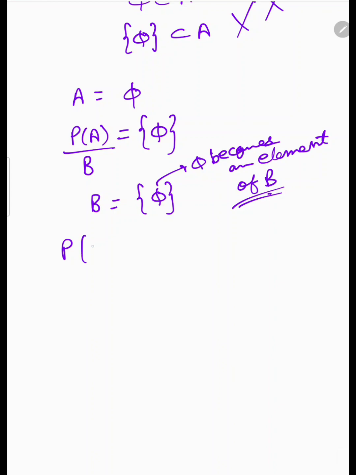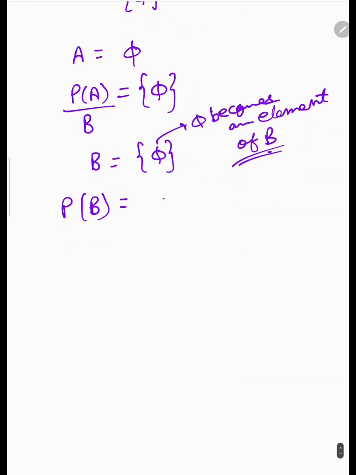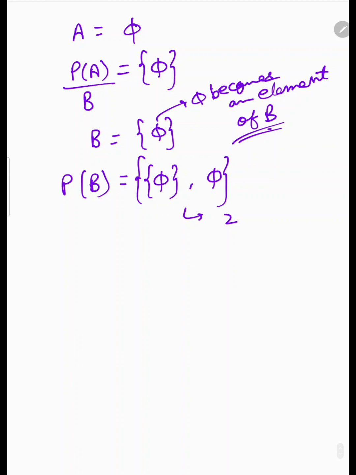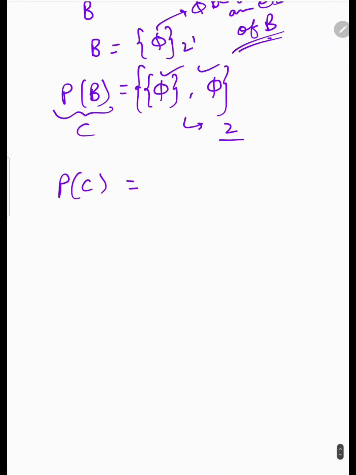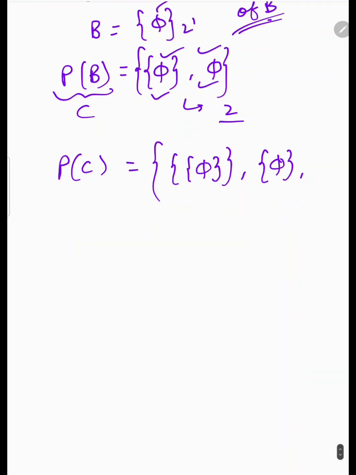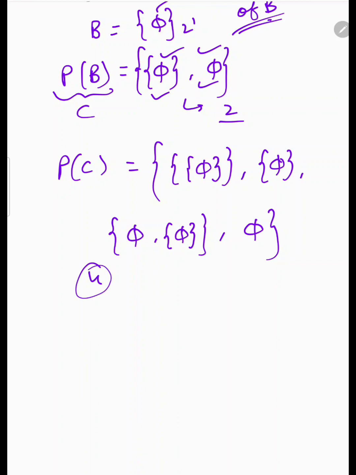सो अब पावर सेट ऑफ बी क्या होगा, मतलब पावर सेट ऑफ पी ऑफ ए, तो पावर सेट ऑफ बी क्या होगा, एक तो होगा कि 5, और क्या होगा, और कुछ भी नहीं लेना है, ठीक है, तो इसका कितना सेट हो गया, 2 सेट, 2 to the power 1, तो 2 सेट हो गया। और फिर पूछा कि इसका भी पावर सेट निकालना है, तो मान लीजिए इस सेट को हम सी मान लेते हैं, तो पावर सेट ऑफ सी क्या होगा। अब ये दोनों अलग से एलिमेंट्स बन गए, तो इसका क्या होगा, ये ले लिया, ये हो गया एक बार, ये हो गया एक बार। अब इन दोनों को लेना है और कुछ नहीं लेना है, तो वो 5, तो इसलिए 4 हो रहा है।